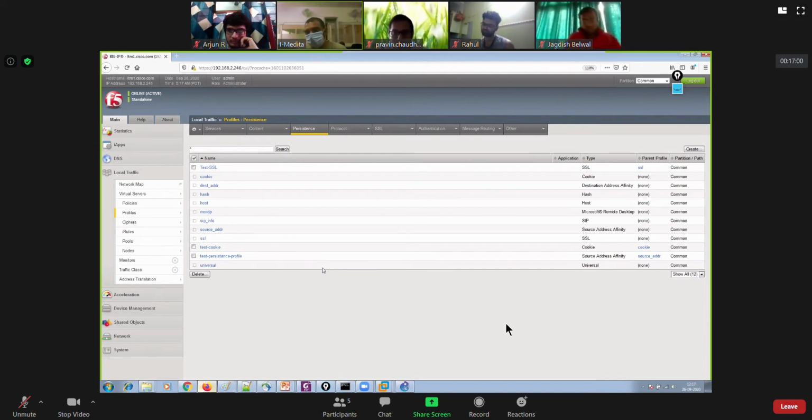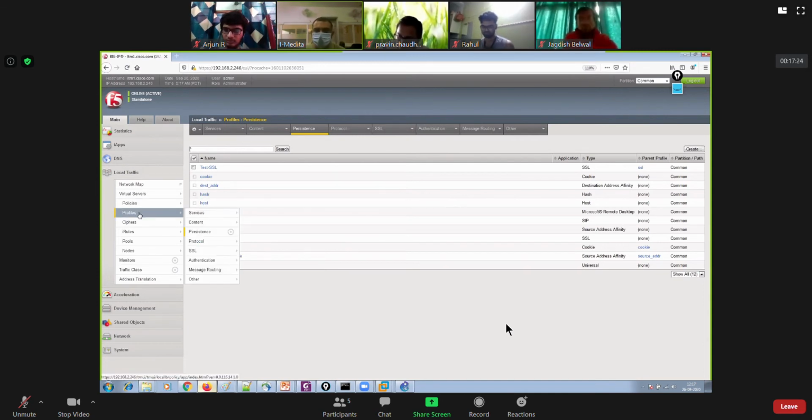Thereafter, today we are supposed to start talking about some other types of profile as well. So let's start with the protocol profile today. The protocol profile will cover your TCP profile and UDP profile. So mainly you will be playing around with TCP and UDP profiles when it comes to the protocol profile.